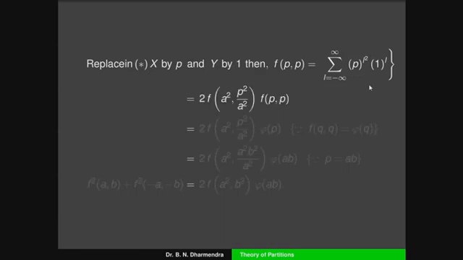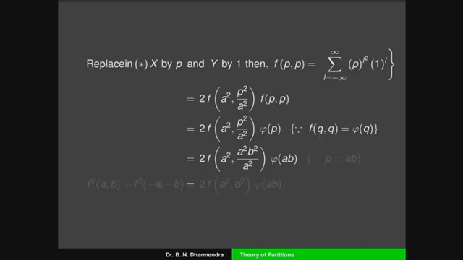Hence the two series, in terms of the theta function, are equal to 2 times f of a square comma p square by a square into f of p comma p. We know the value of the theta function for the first special case: f of p comma p can be written as phi of p. The remaining term is the same, that is 2 times f of a square comma p square by a square into f of p. Now we have to replace the value of p. p is equal to a into b. You can replace that value.